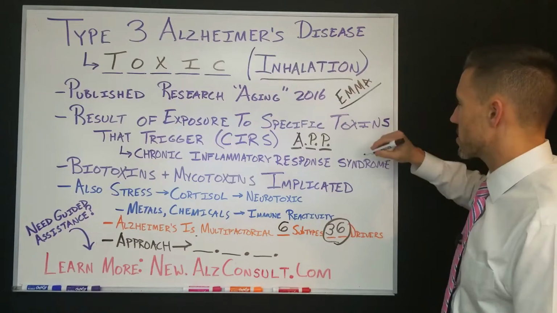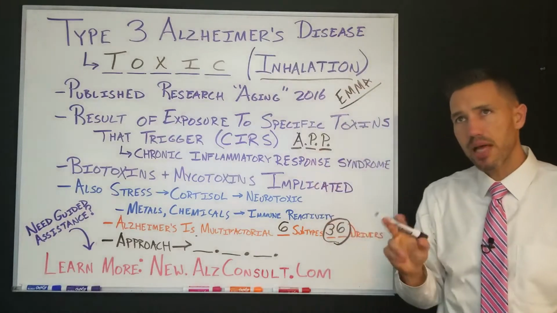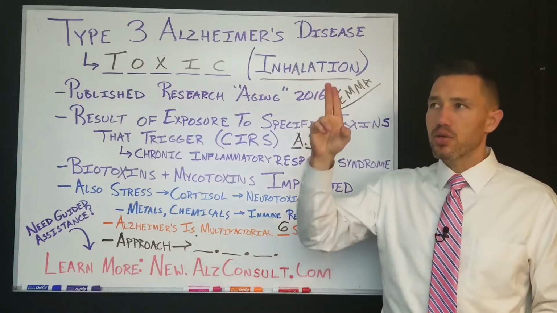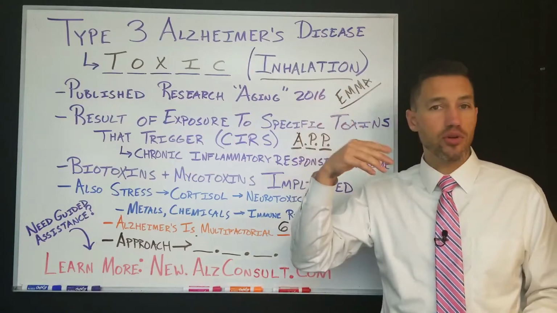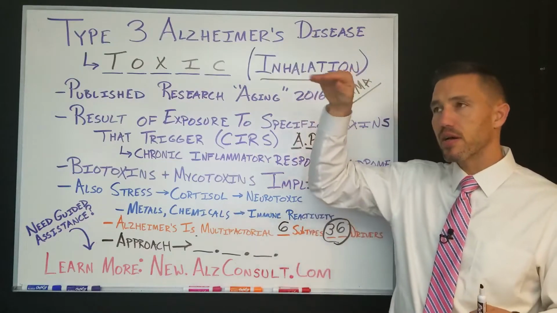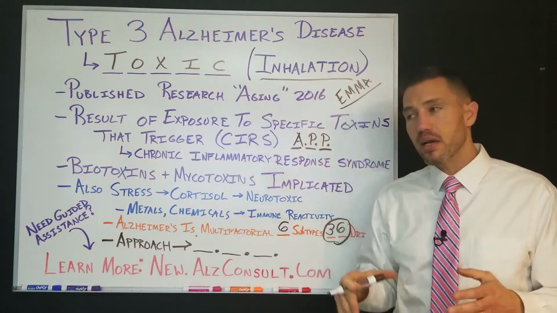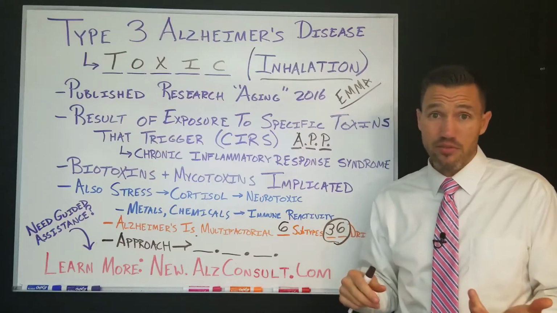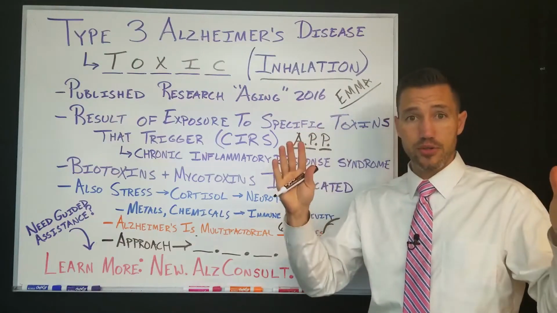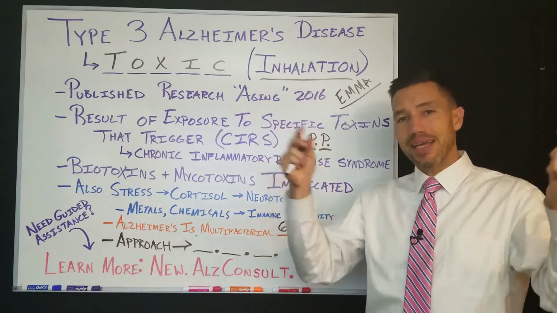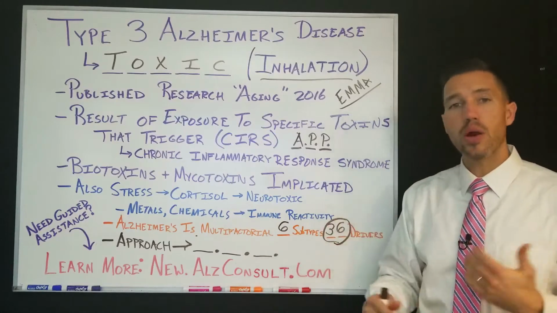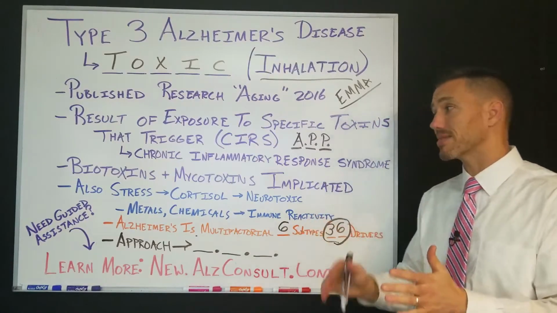An EMA test, if you go to Real Time Laboratories, is a test where they'll send you a kit. You can collect dust from around the house, under the refrigerator, on top of a ceiling fan blade. A great place to do it, if you can, is to get an old air filter that you've been using for a little while. If you have central air, take it out and cut a piece out and send that. They'll tell you where you can collect samples, and then you send that into the lab, and they will